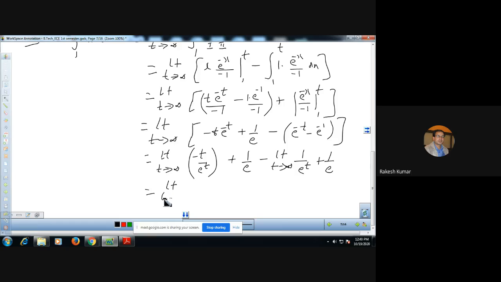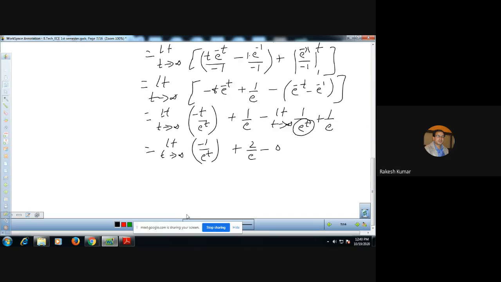You can find out the derivative by L'Hospital rule. Minus 1 over e raised to power t. This is 2 over e. And this comes out to be 0, because this denominator will give you infinity, and 1 over infinity is always 0. This is also 0, because minus 1 over infinity will become 0. Ultimately, you are getting a definite value 2 over e for this